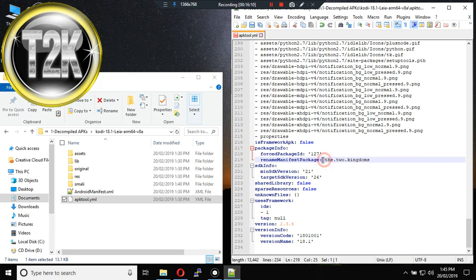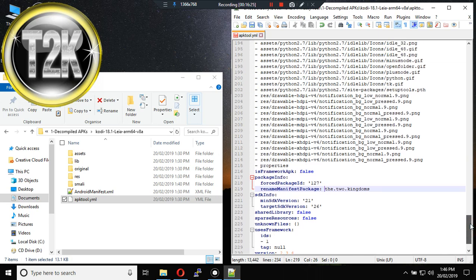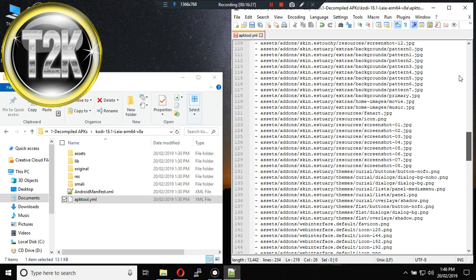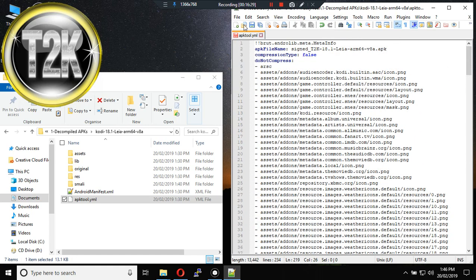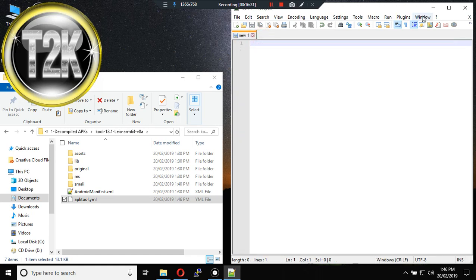There must remain a space there or it will not work. You can change the version number, but I don't really see the point in it. I like people to know that they're on the latest version of Kodi. All you do now, save it, close it,